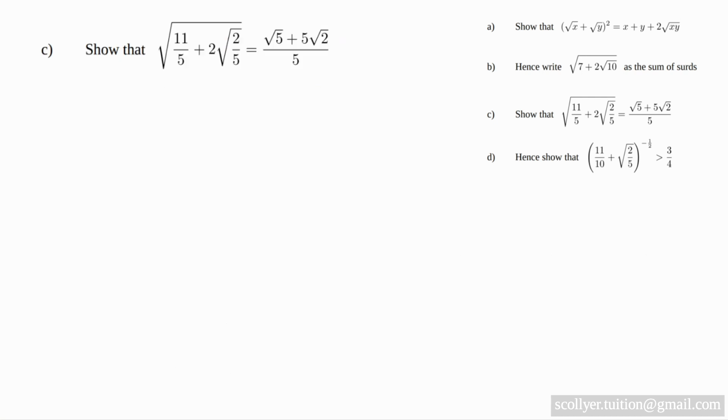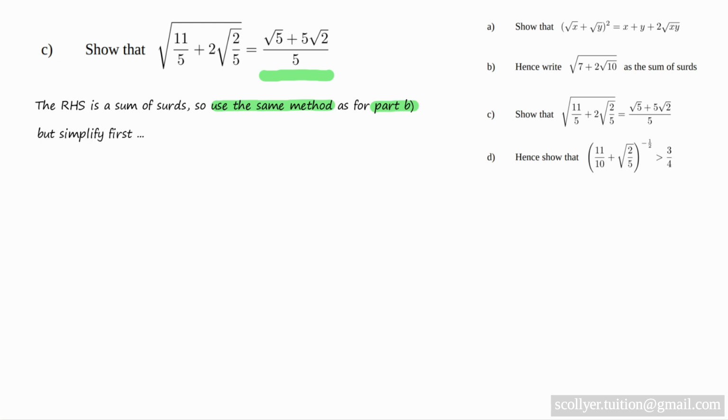Part C. Show that √(11/5 + 2·√(2/5)) = (√5 + 5√2)/5. And here we note that the right-hand side is again a sum of surds, so we use the same method as we did for Part B, where we had to rewrite a similar expression under a square root as a sum of surds. But here, in fact, it makes sense to simplify the right-hand side first, which we do by